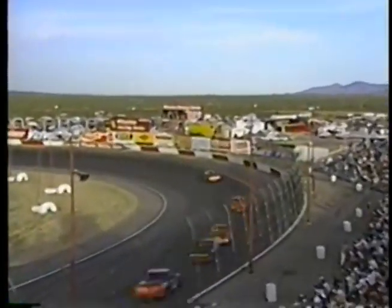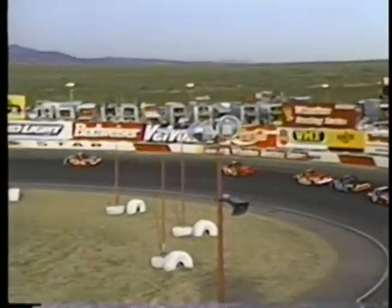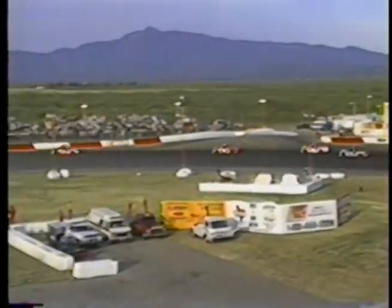PJ looking for a caution to come back to the tail end of the field. Hornaday is your leader and opens up a bit of a separation now for just a moment over the Coca-Cola Ford, owned by Ernie Irvin and driven here by Joe Ruttman. PJ needs to be really careful here. He's run awful hard down at the bottom to get those laps back, and it looks like Ron may be